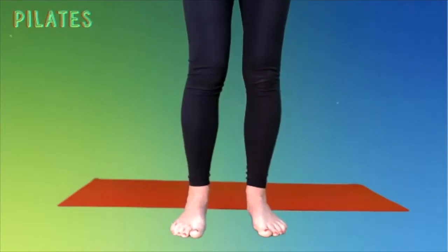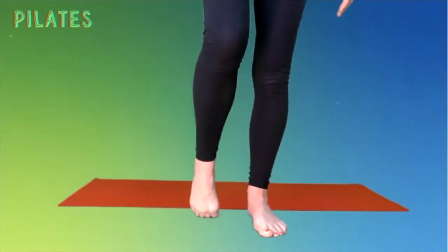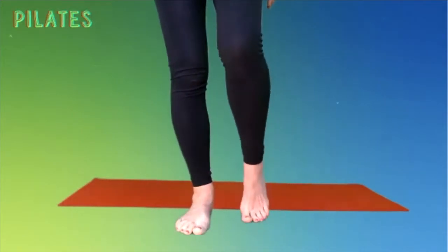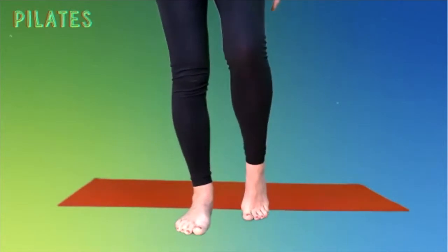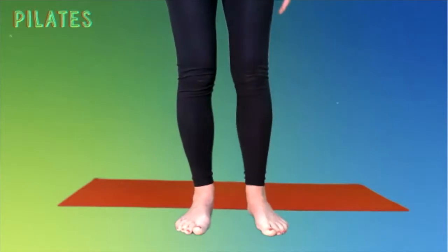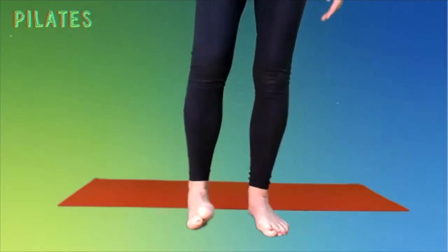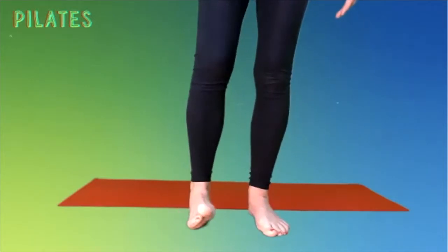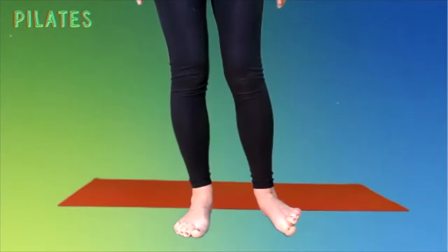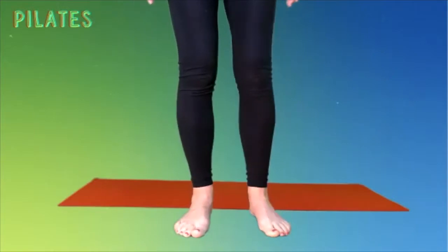Relax the feet down. We're going to push onto the toes and the tops, toes and tops. Change sides, toes and tops. Change sides, inside edge, outside edge, inside edge, outside edge. Change sides, inside edge, outside edge, and come back to standing, feet